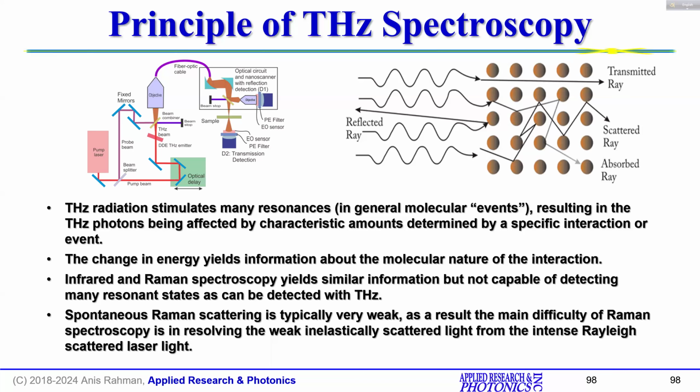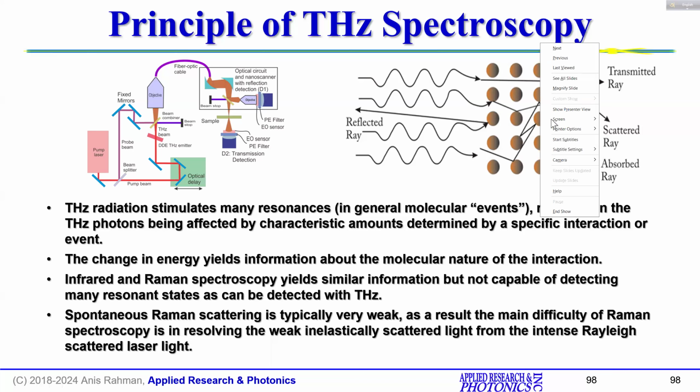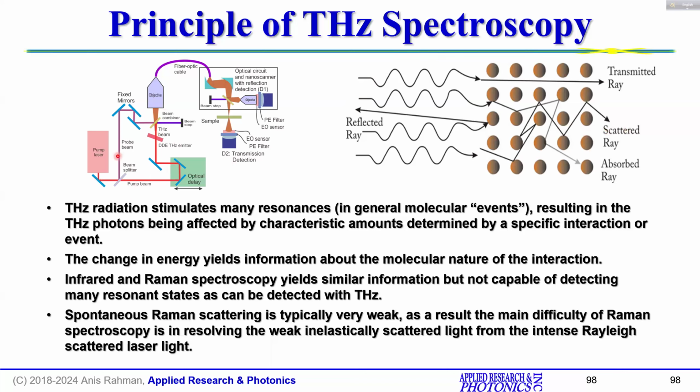And that's the importance. On the other hand, the gratings are not effective for T-ray spectroscopy. So how do we then detect molecular events, so to speak? The technique is called the pump probe technique. In this diagram on the left, as you can see, there is a pump beam and there is a probe beam. And the pump beam goes through an optical delay, actually a terahertz delay here,